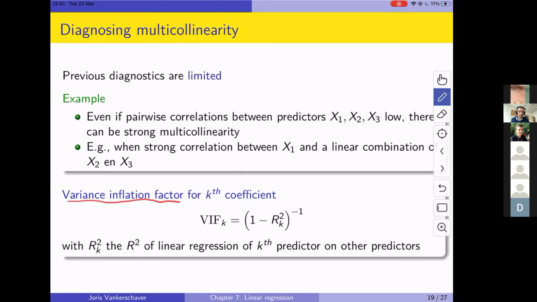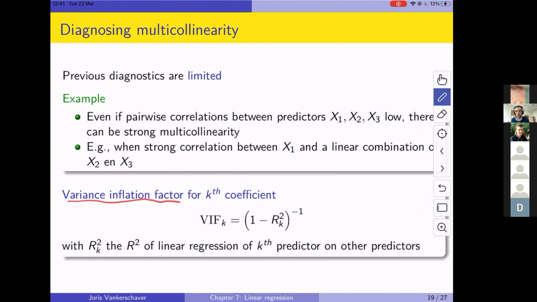Well, again, we're going to have multiple of these coefficients. We'll have one for each predictor, and it's going to tell us something about how inflated this one predictor is versus others. And the way that we define it is we use a